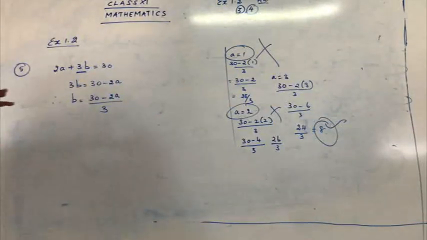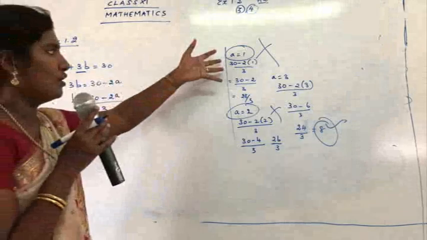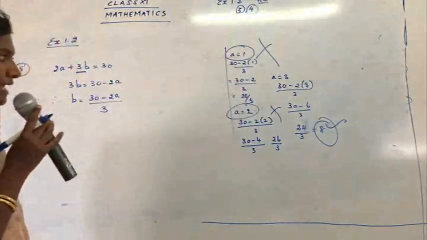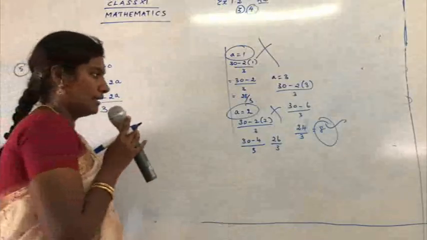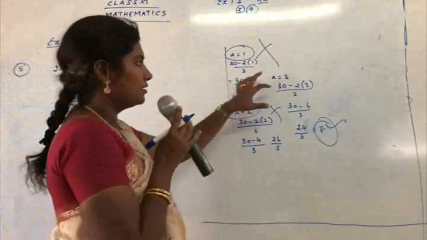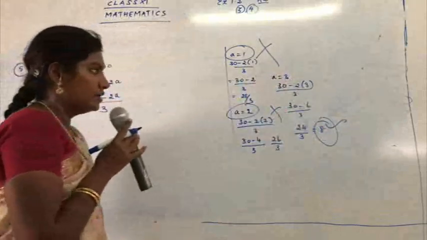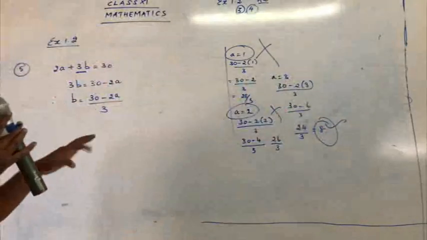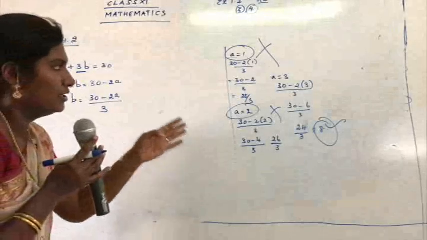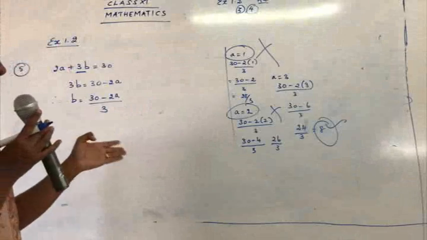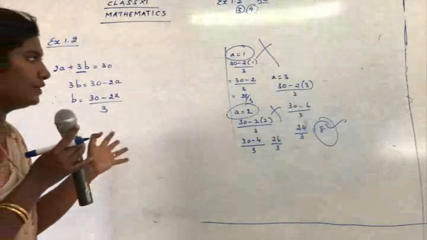So once I have got an idea, see here. Number 1 was not allowed; we were not able to get a proper answer if I take 1. If I take a as 2, again I get a decimal answer. So the number that gives you a natural number is a is equal to 3. Similarly, instead of taking 4, 5, we can take the multiples of 3. The next number you can take is 6, the next number will be 9, the next number will be 12, so it goes on.